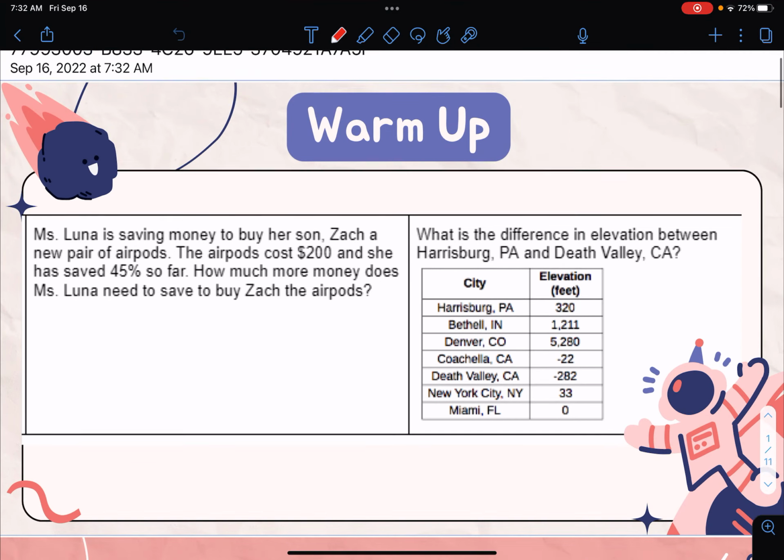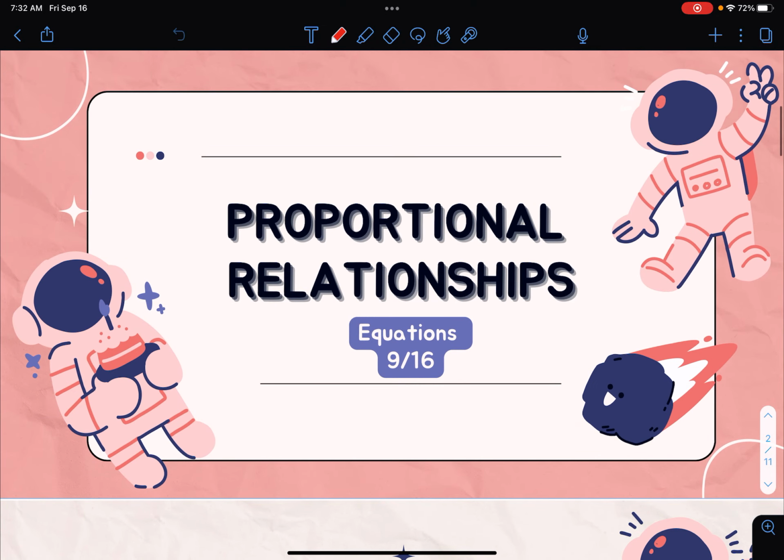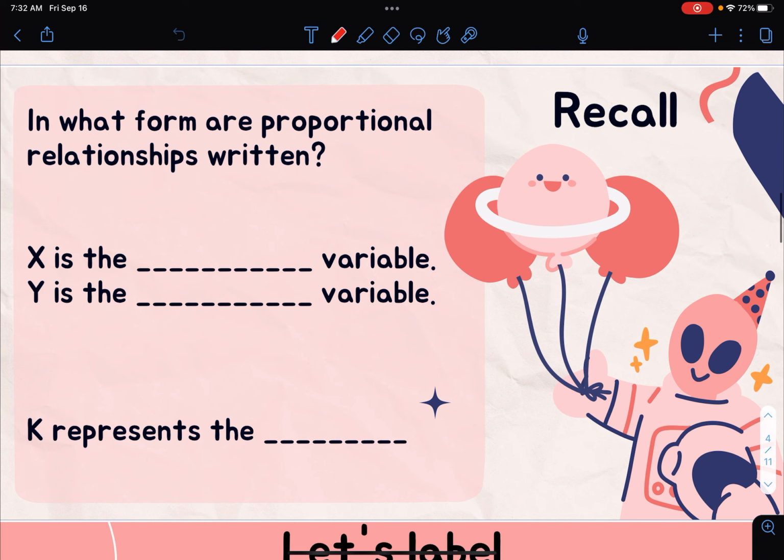All right, so let's go ahead and get started with your notes. So today's the same topic as yesterday, proportional relationships, except today it is with equations. So recall from yesterday, in what form are proportional relationships written? So remember yesterday we talked about our equation for proportional relationships, and we said it was y equals mx or